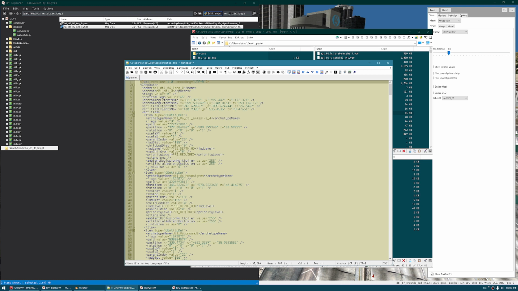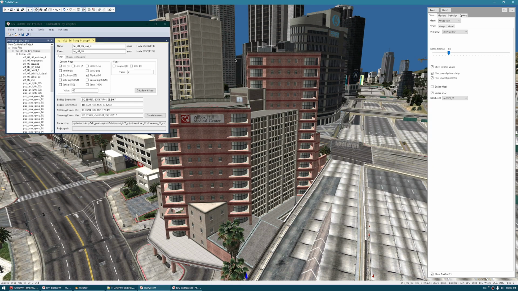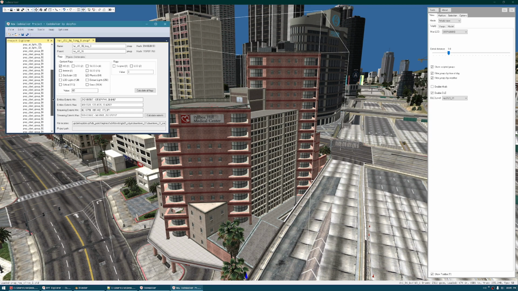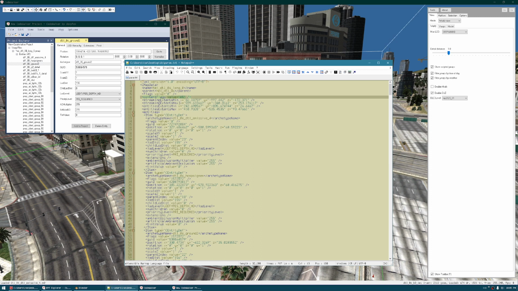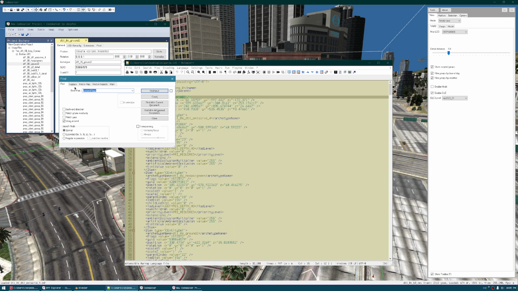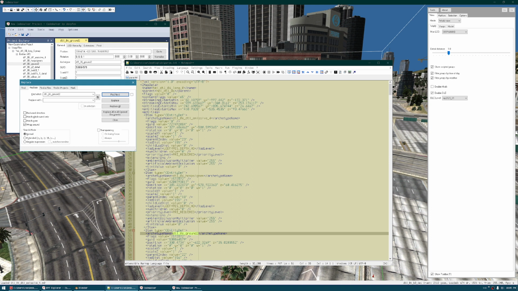Now we got to collect a list of all the drawables that are on that YMAP. So we're gonna select one of them. Let's say ground, and we got to find out how exactly it is structured in XML. So Control F, replace, find next, and now we know that there is a tag named archetypes. Control C that, Control V,